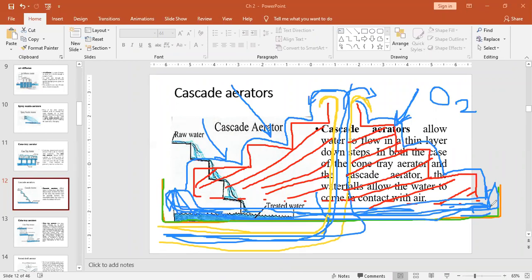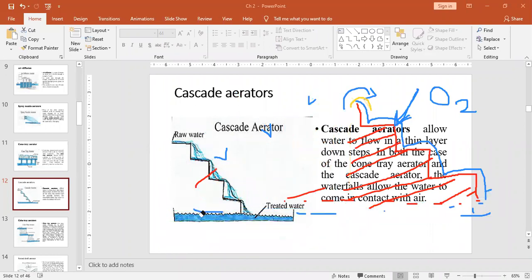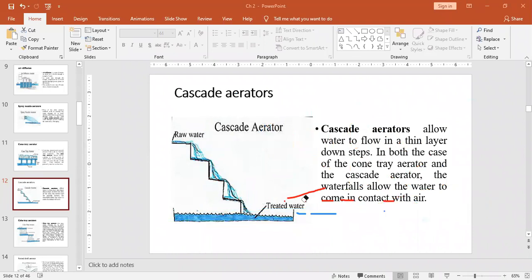Understood? Understood the function? Here also the figure is drawn, but for better understanding, I have drawn one more figure. I hope you understood. May I erase this figure and may I ask you guys to draw the figure provided over here in the slide? Please reply. Yes, ma'am. Okay, thank you. I will erase. Now please draw this figure and write the write-up, and then we'll proceed to the next point.